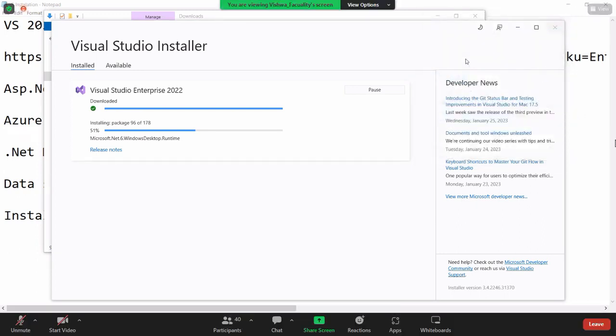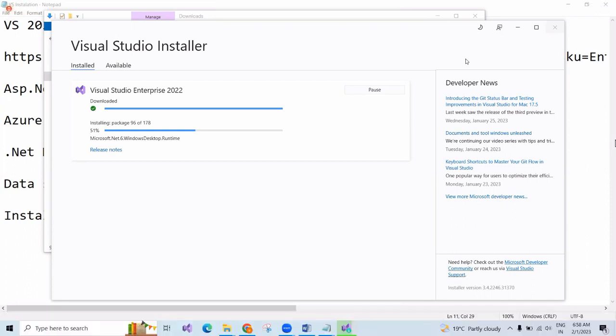Ankit, no, don't create any account or anything. Tomorrow I will tell how to open Visual Studio and all. So if you are able to launch Visual Studio, that is fine. You don't need to create any account or anything. I will explain. Yeah, Siva, tell me.